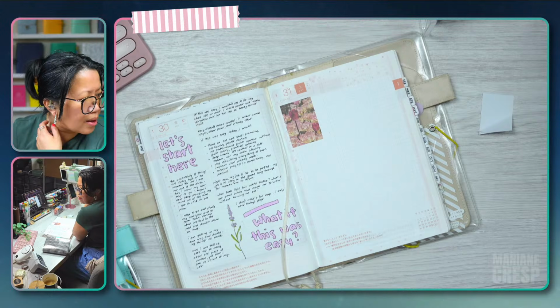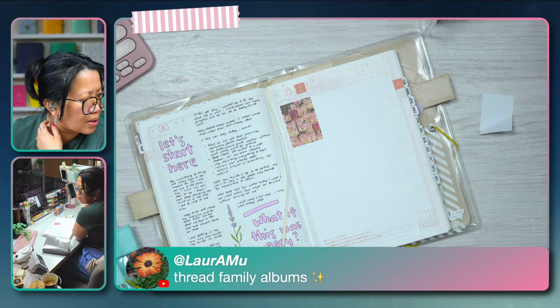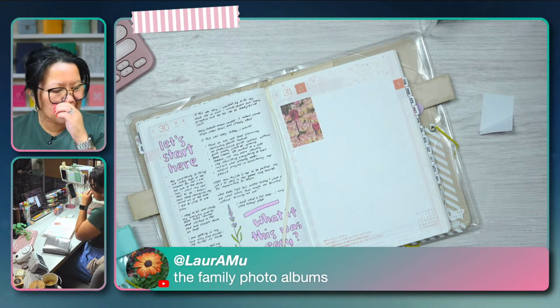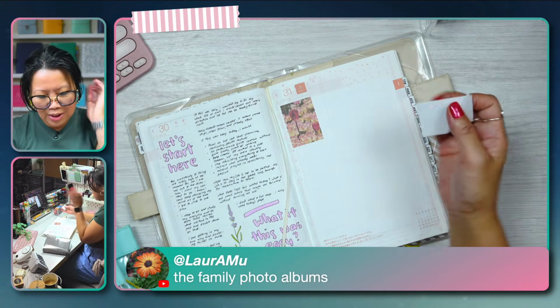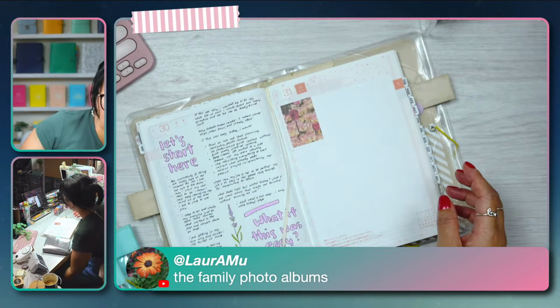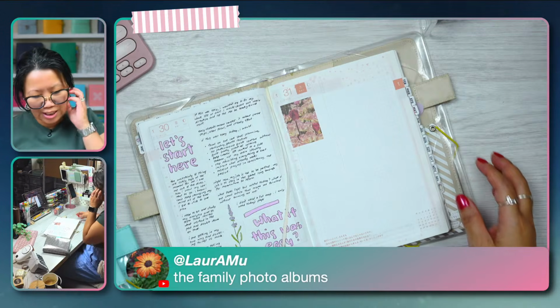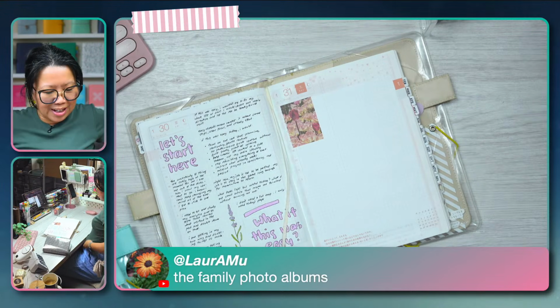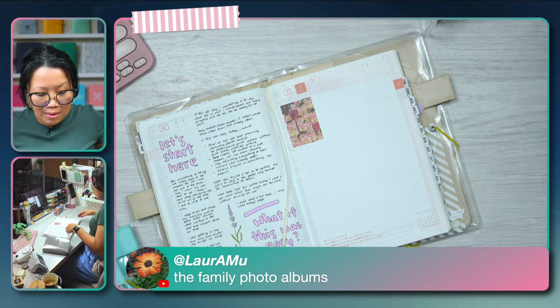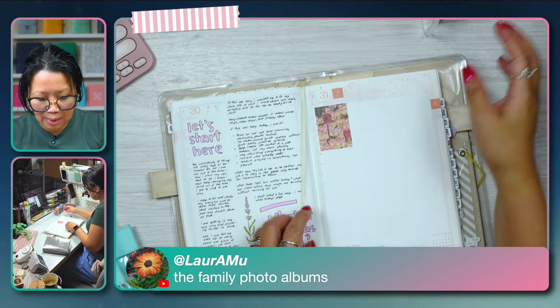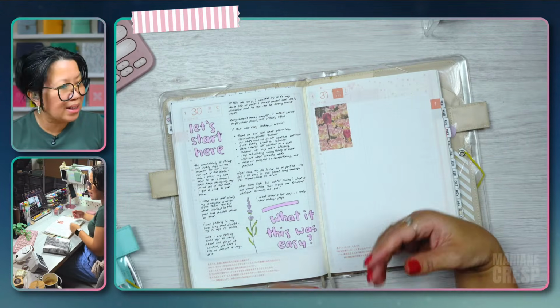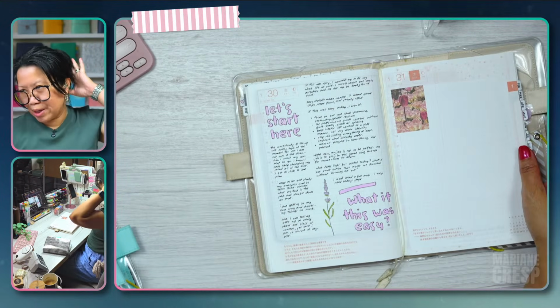Yep, the family photo albums. Yes, I love the family albums with the little sleeves in them. A lot of the physical family albums that we have have had photos taken out of them because